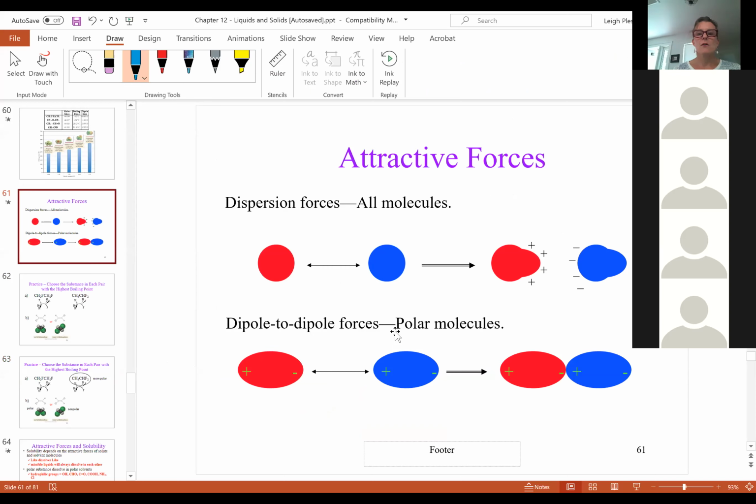Yeah. So that bottom one, that would be dipole and dispersion, correct? Yes, the bottom one. Right. But if I'm asking for one kind of force, you would say dipole-dipole. This is actually showing you the interaction between two dipoles, so this is exhibiting a dipole-dipole interaction. But a molecule that has dipole-dipole would also have the dispersion force.